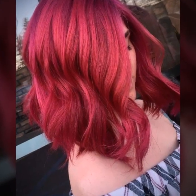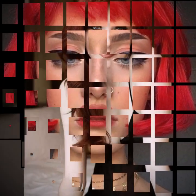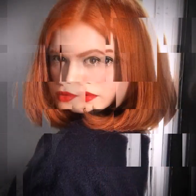Try a half up, half down hairstyle. If you are looking for a quick and easy hairstyle, a half up, half down style is a great option. Simply pull the top half of your hair back and